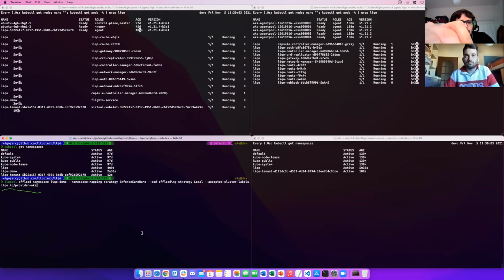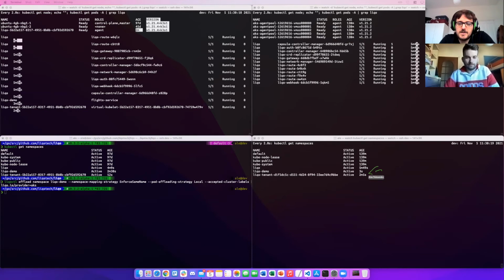So the node here will have this label, and Lico is able to detect it and create the namespace on the right cluster. So let's try to do so. And we have now the namespace created here. That namespace is the twin of the one in the first cluster.